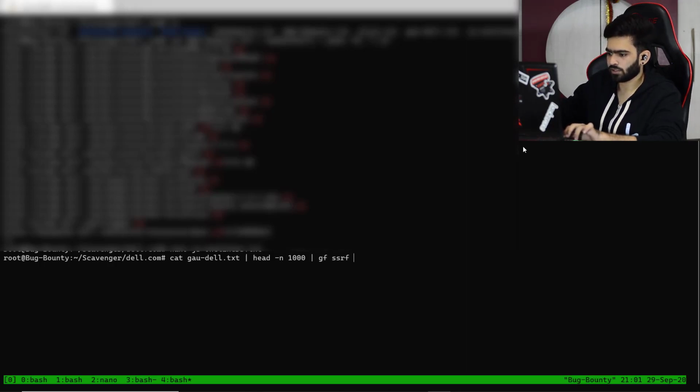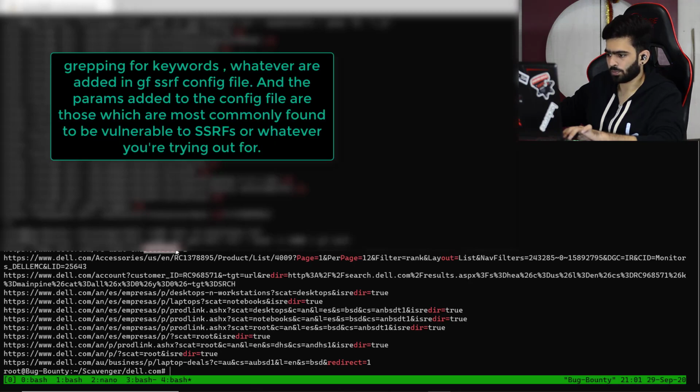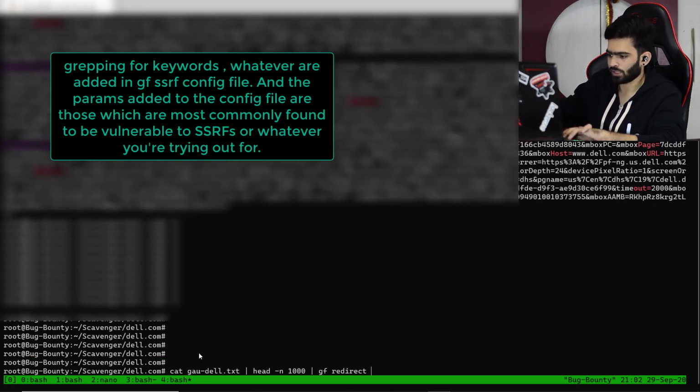Let's see what we get. So what it does is, it's nothing but grep. It tries to grep for keywords like redirect or page, out, any possible parameters which might be vulnerable to maybe SSRF. Or you could try out something else, let's see how many things are there.